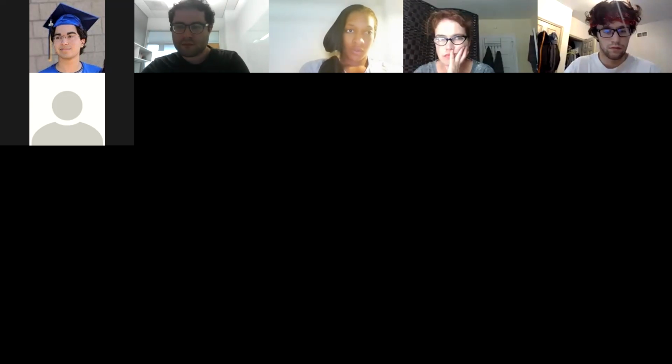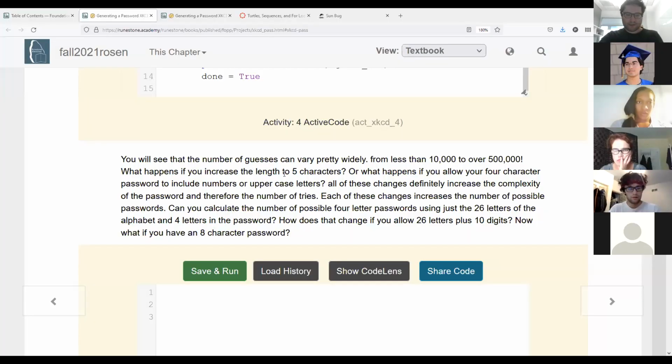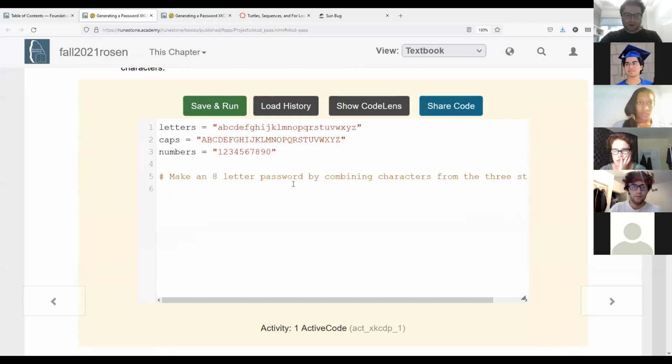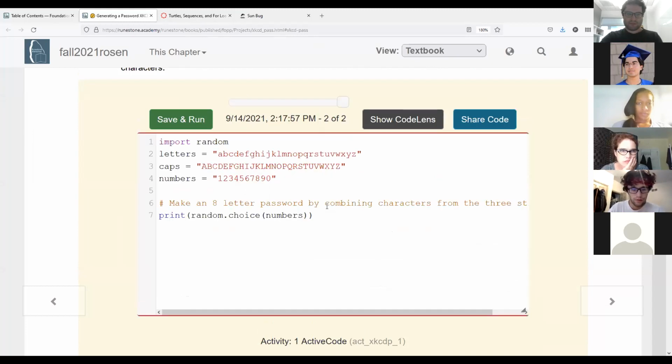All right. So I'm going to be showing you how to do this task now. Let's go ahead and take a look. Over here, let me go ahead and reload this. So we've got our choices over here. Let's think about what we need. We want to make an 8-letter password, which means we want to select something 8 times at random. So if we want to do the exact same something 8 times in a row, that means